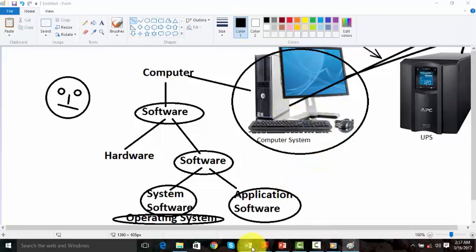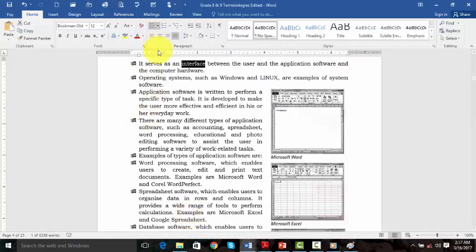So that is what we are trying to look at, children. We are saying the operating system serves as an interface. An interface is the middle part, between the user, a person who is operating the computer, and the application software. We are going to discuss in detail the difference between system software and application software and the computer hardware. So the operating system acts as an interface between the user, the application software and the computer hardware.